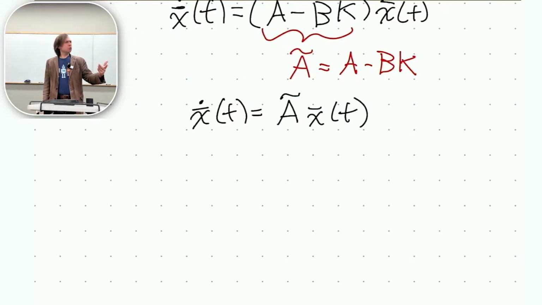What was the condition for whether or not a system was stable with a pole? Yeah. All the poles were negative on the real plane, real negative components. What's the criteria for an eigenvalue being stable? Being negative on the real plane. Poles are eigenvalues, right? So we can do something called pole placement